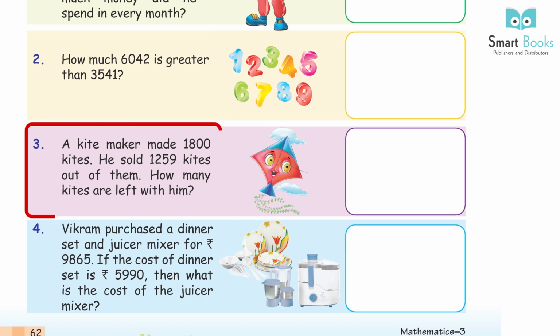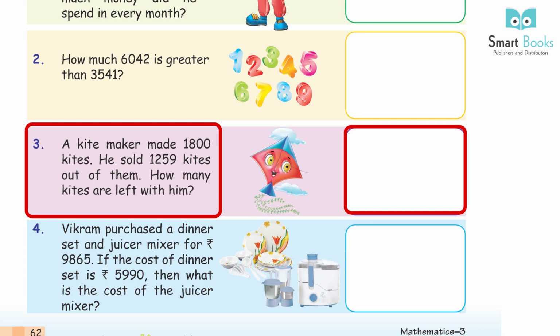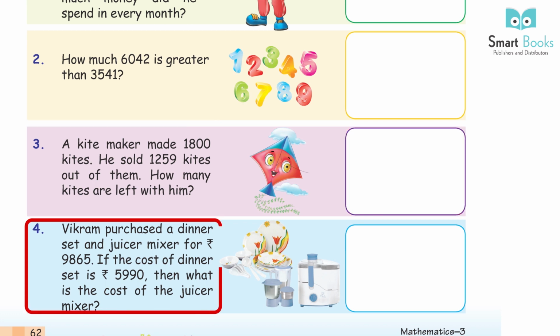2501. Question 3. A kite maker made 1800 kites. He sold 1259 kites out of them. How many kites are left with him? Answer. 541. Question 4. Vikram purchased a dinner set and juicer mixer for rupees 9865. If the cost of dinner set is rupees 5,990, then what is the cost of the juicer mixer? Answer